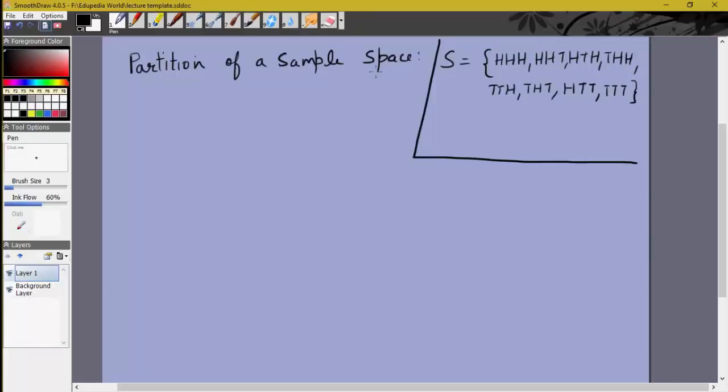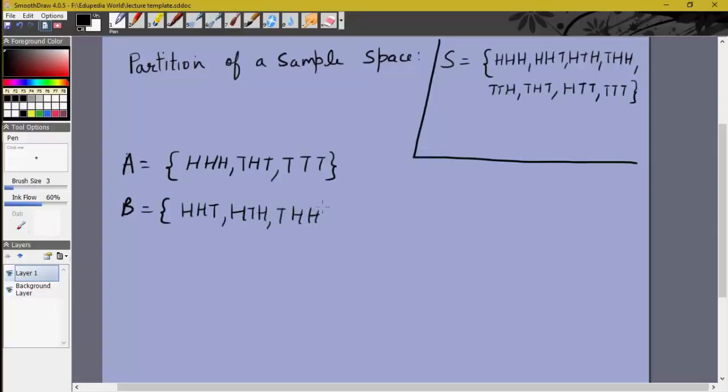Now often what is very useful, and it will be useful in Bayes' theorem, is the partitioning of the sample space into separate events. So for example, let's say we were using E and F earlier for events. Now we'll just, for the sake of it, use A, B and C. Let's say A was the set of events HHH, THT, and TTT. Let's say B was HHT, HTH, and THH, and let's say C would be